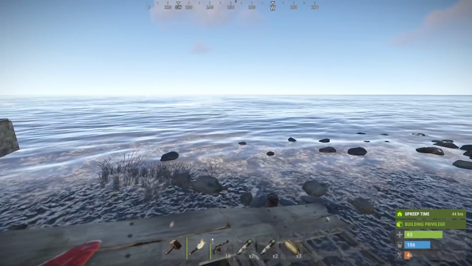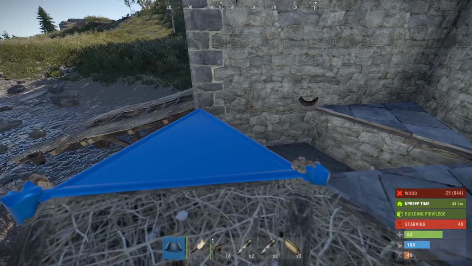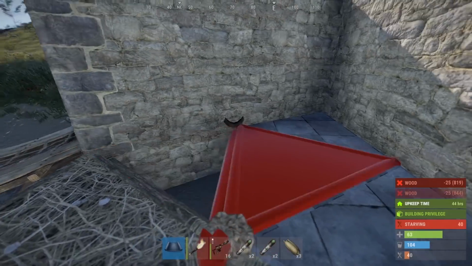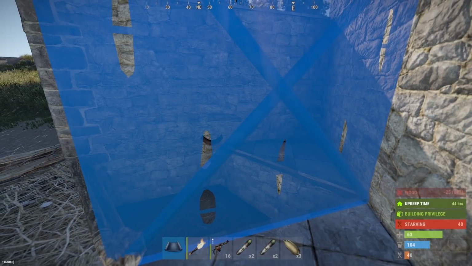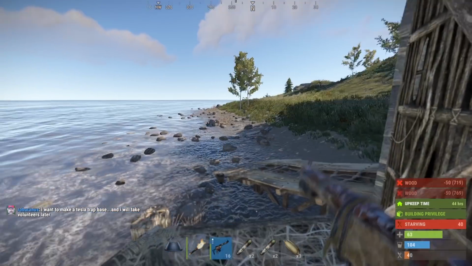The wheel's sticking out, so people are going to know what's in there. So I'm going to try to shield that with a little bit of twig here. Can't build there for some reason. Let's put a few twig walls here. That's probably not going to fool anyone, but...